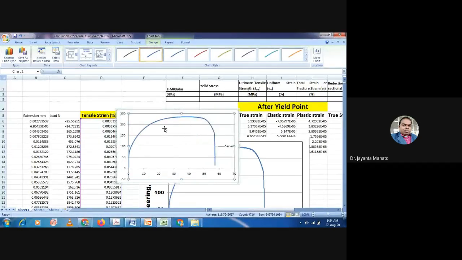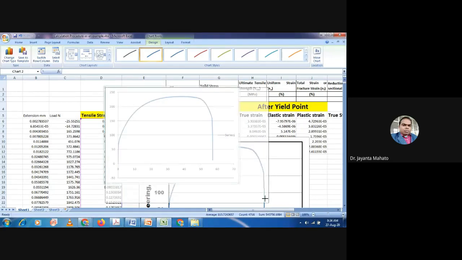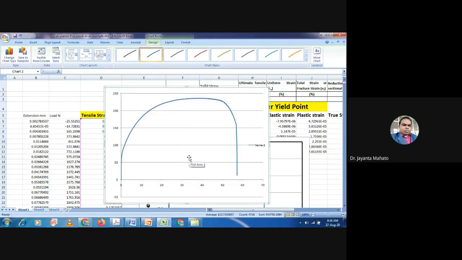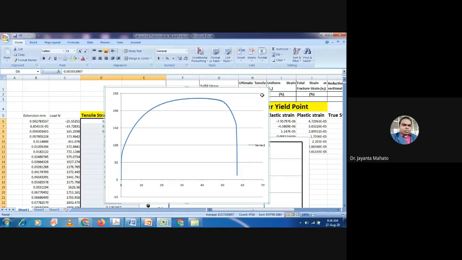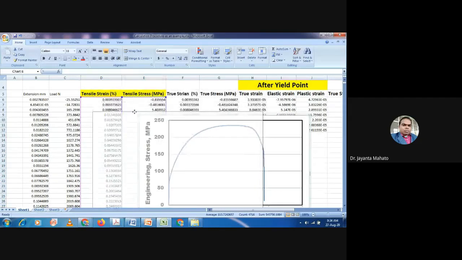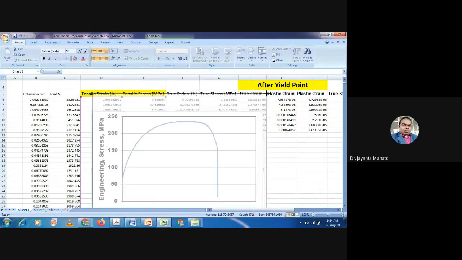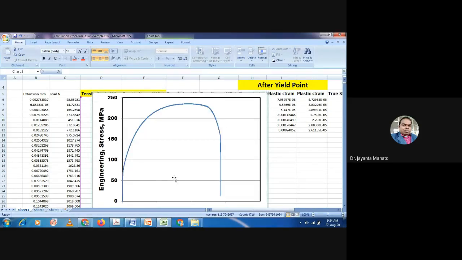This is nothing but the engineering stress-strain curve.